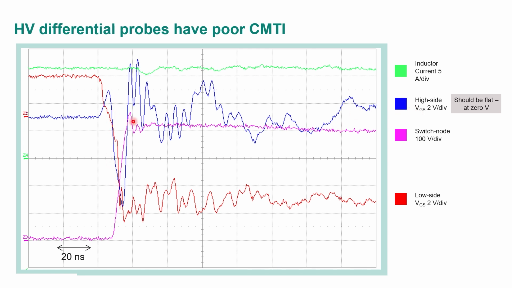That's what I mean when I say that the high voltage differential probe is a differential amplifier that's trying to ignore the common mode voltage and only look at the differential. And it does a good job considering its capability, but it's just no match for the optically isolated probe. If you use one of these, you can't trust the result. I don't know what my gate signal really looks like when I have 6, 8, 10, 12 volts peak to peak of noise, right? I can't make any judgment on this.